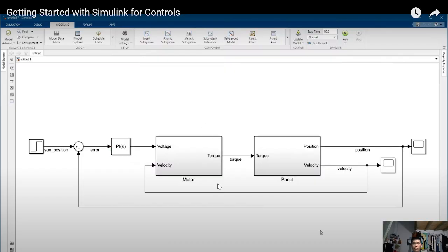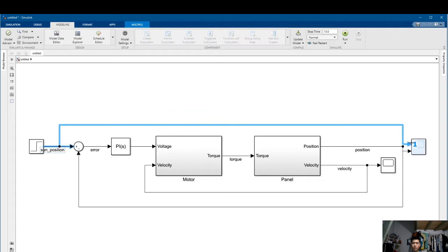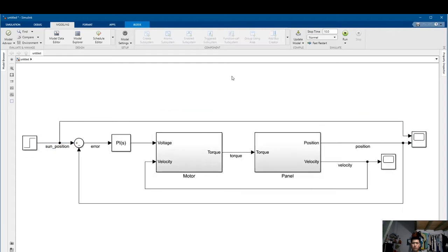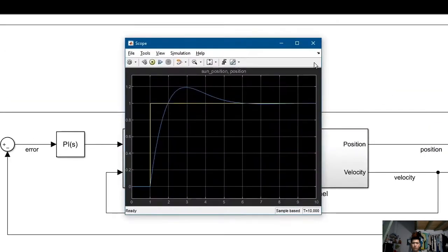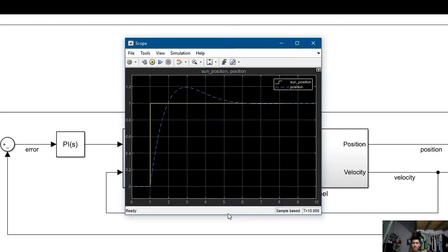To see how well the controller performs, let's use the same scope to show both the sun position and the panel position. Notice that a new port is automatically added. Let's run the model and add a legend to the scope so we can tell the signals apart. Let's also make the position line dashed. We can see that the controller